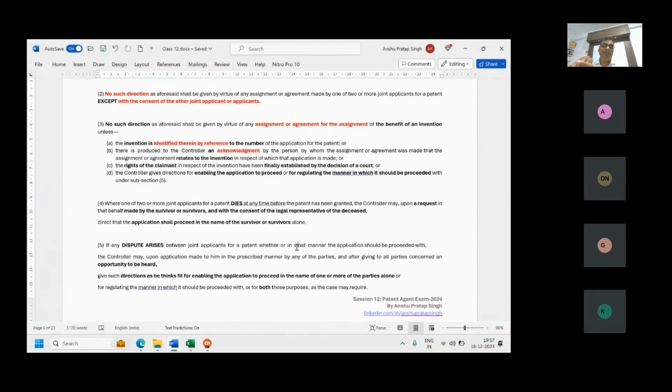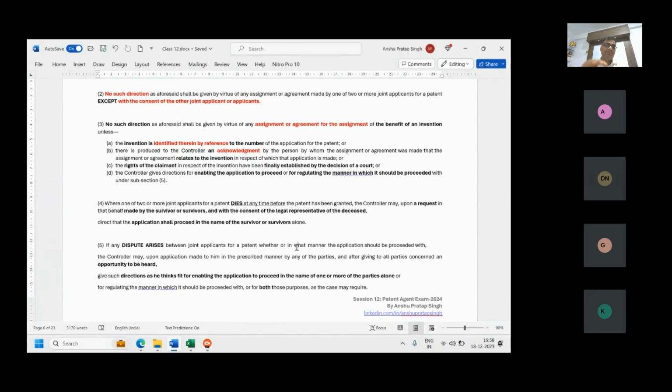If the consent of the legal representative is there, then the controller will have no issues. He can direct that the application should be proceeded. So you have to submit the probate certificate or any other document which shows how they have